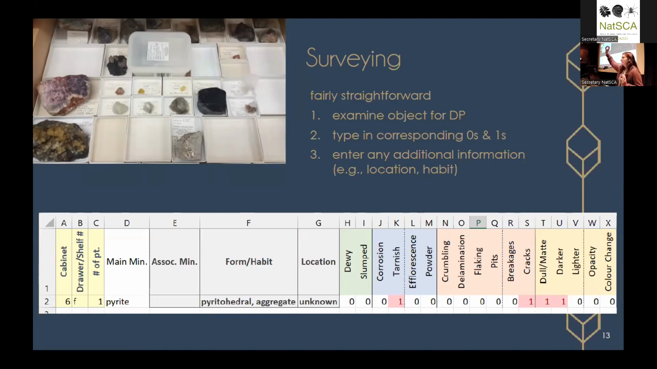So here is an example object. For online, we have an aggregate of pyrite. You just pick your object and turn it over, looking for your DP. I see it's tarnished, dull, a bit dark, and yeah, there's a crack. So we have 4 DP. I'll enter a series of ones and zeros as we see here on the slide, and then I'll